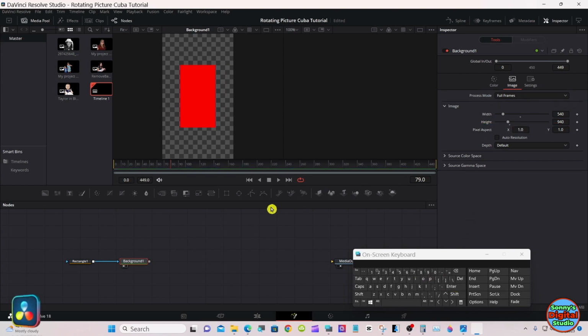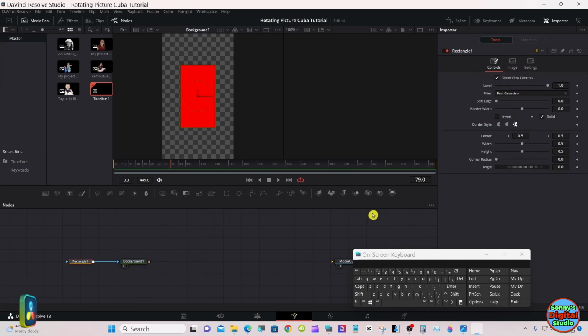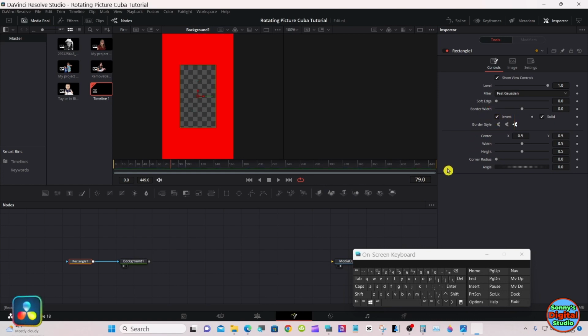Okay, in your left view, you should have something looking like mine. Go to the rectangle node and select invert. Now go up into your viewer.